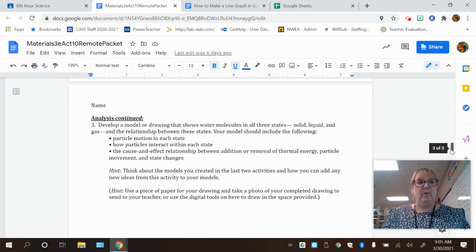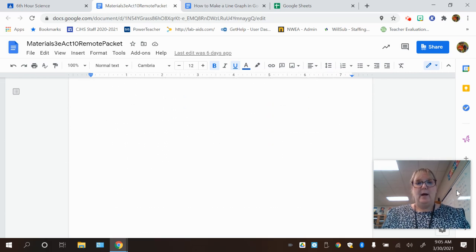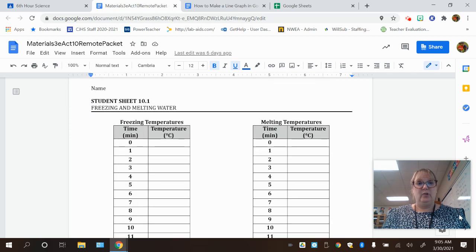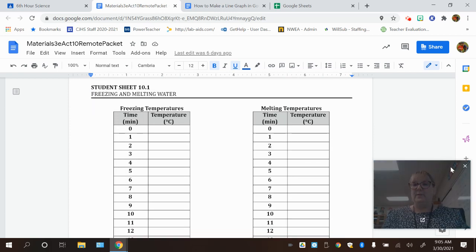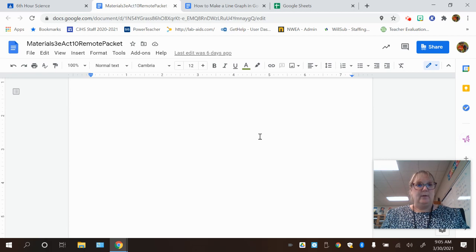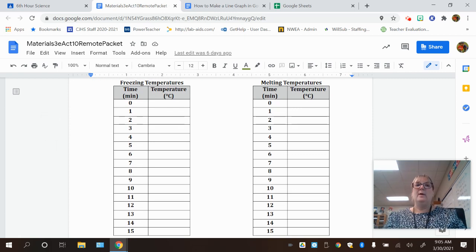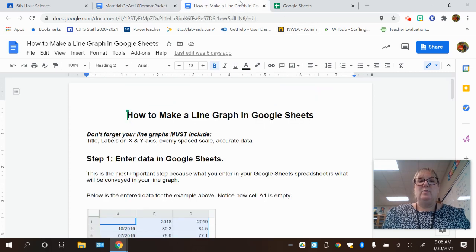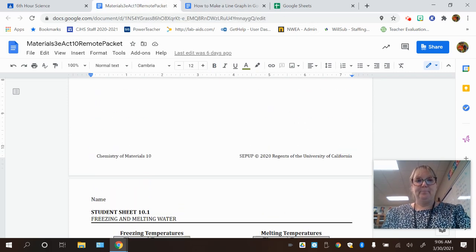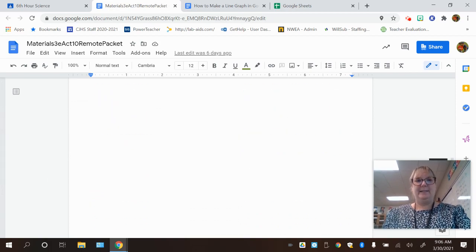So when we are referring to the data, remember, your data is what you completed for both parts of this activity. Part two, you had to collect the time and the temperatures for when the substance was freezing, as well as the melting temperatures. So that leads us to step 3 today in our do the activity